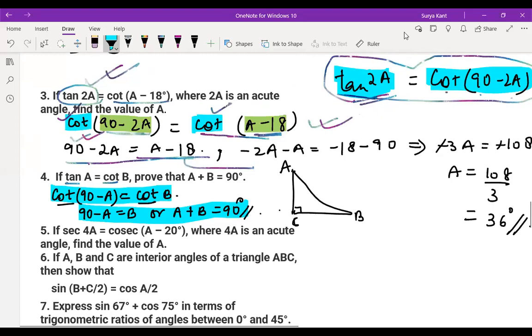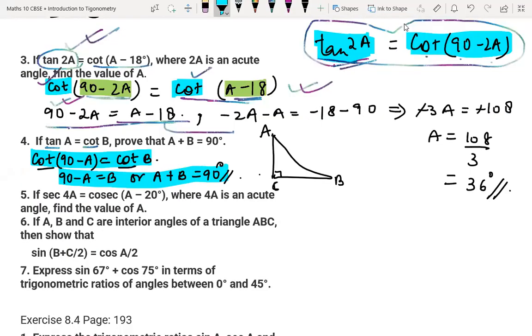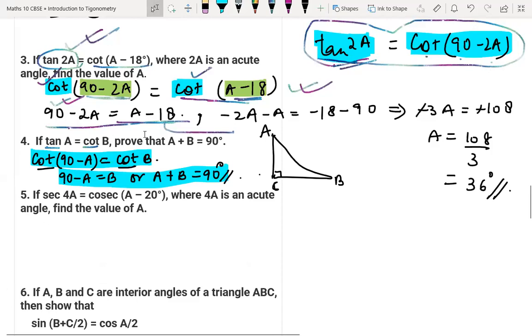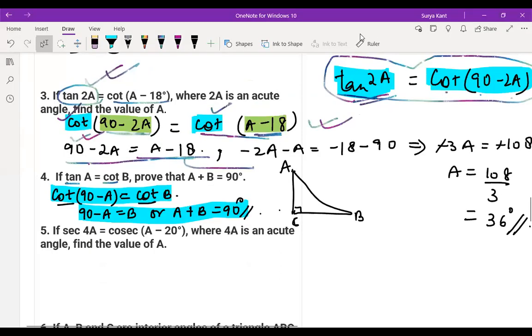All right. So next question, children, you should solve and tell me. Question number 5, you solve and tell me, all of you. This is the easier sum. I will wait. There are 8 minutes of time. I just want an answer from your side. Question number 5. If you understood, 100% you will answer. And if you are not able to understand, then you will not answer. You are not asking or something.